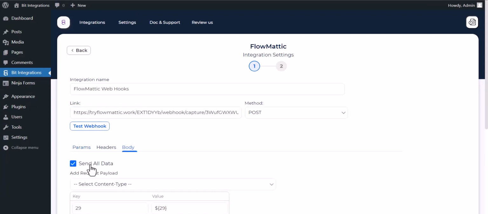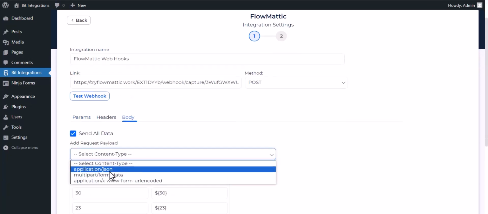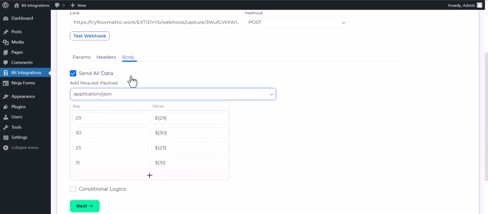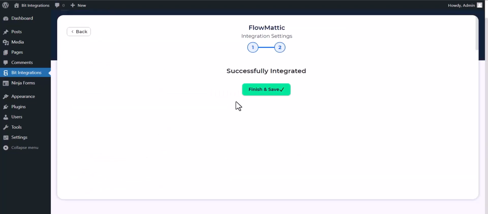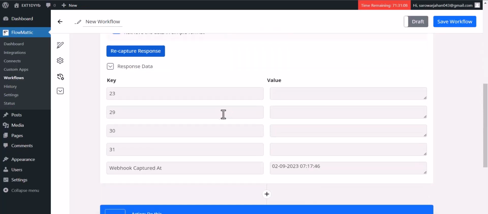Body. Send all data. Choose Application JSON. Test webhook. Webhook executed successfully done. Next. Finish and save it. Now go to the FlowMattic site